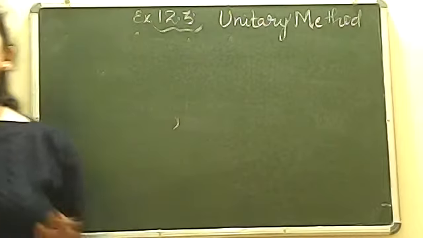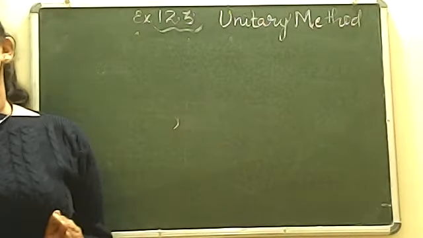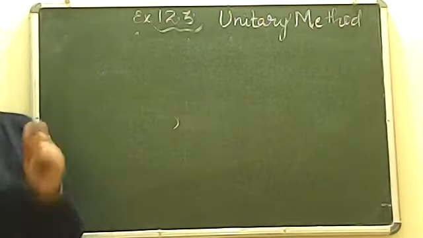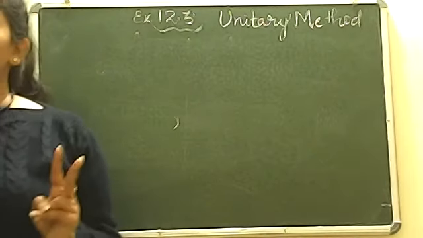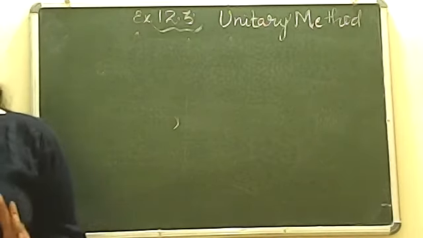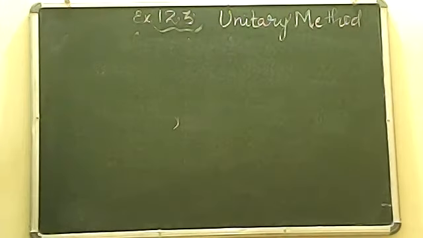This simple concept is just based on unitary method. So remember, unitary method means only two things, either multiply or divide. Let us discuss the questions related to unitary method. One part we have already done. We have discussed a few questions of it. Some questions we are discussing today, which will be based on exercise 12.3. I'm going to begin from question number 11 right now, which was asked by Avantika. We are moving forward from backwards.